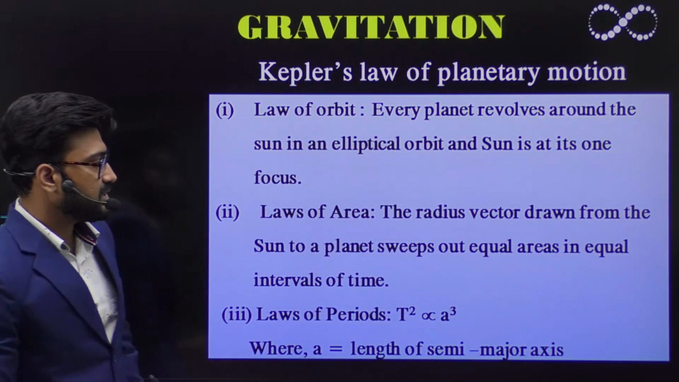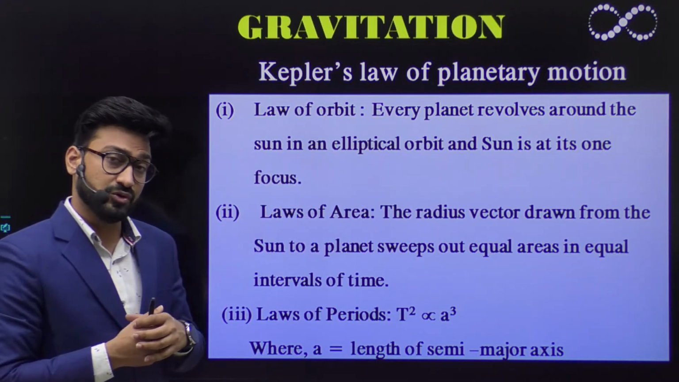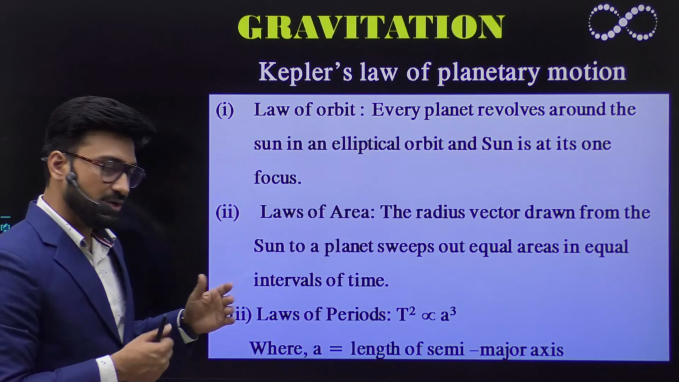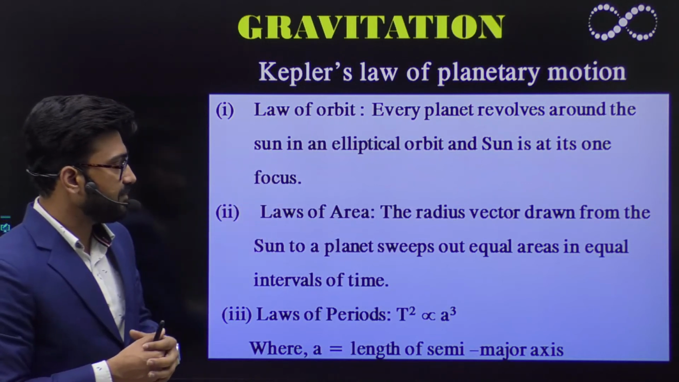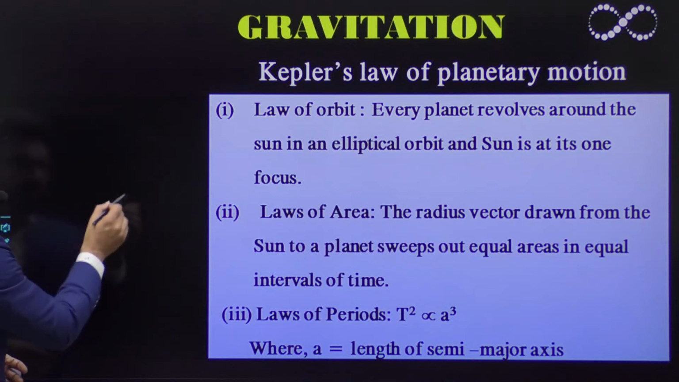Now, the next topic that you must remember is Kepler's laws of planetary motion. This is also most important. It has got 3 laws. The first law says every planet revolves around the sun in an elliptical orbit, and the sun is at one of its foci. So that means the path of